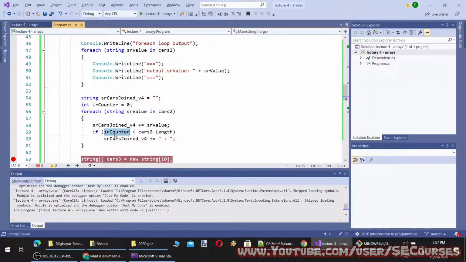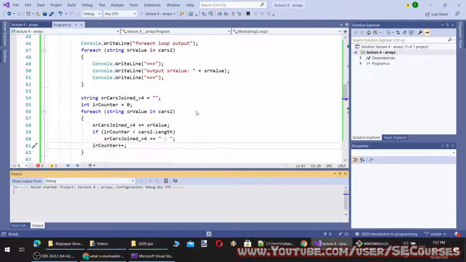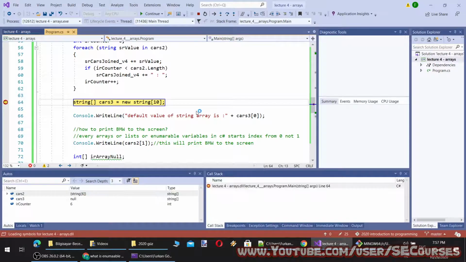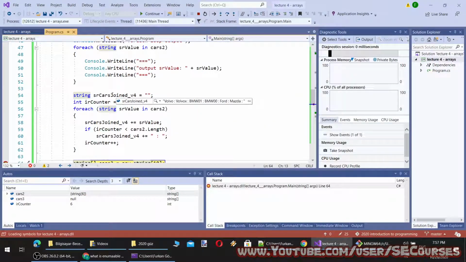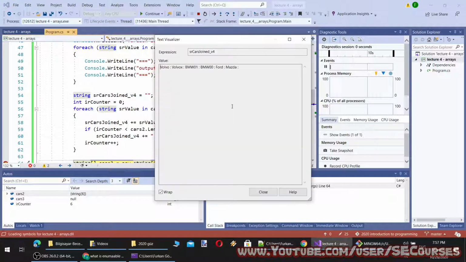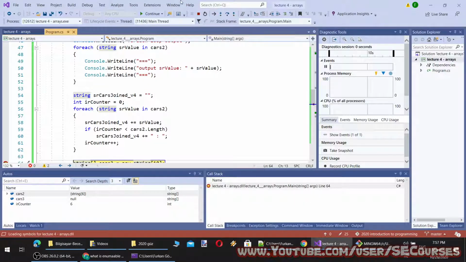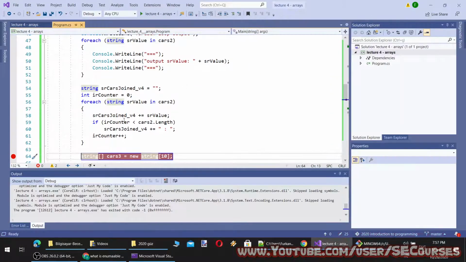And I need to increase the counter each time. Let's try this way. Okay, we still have it at the end. So what I'm going to do is check it like this. And this will solve the foreach problem.